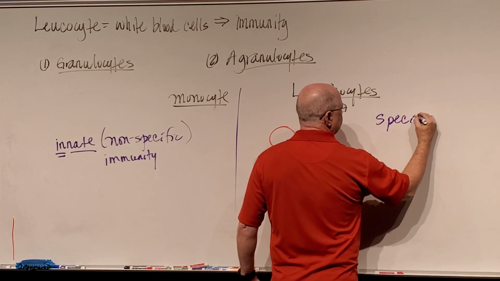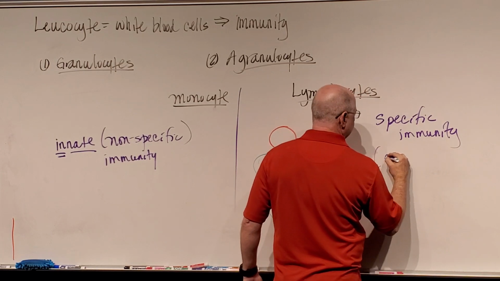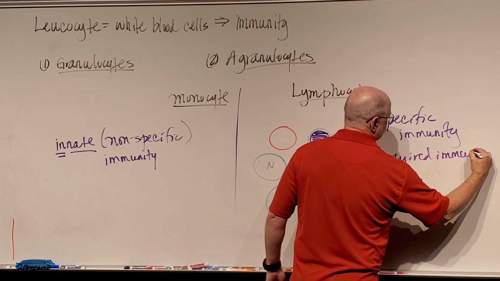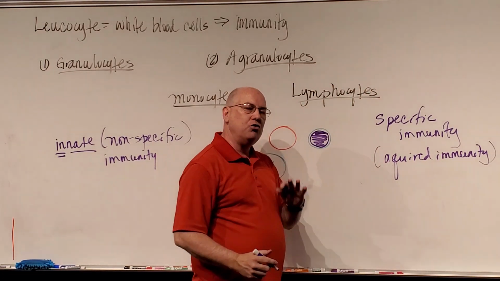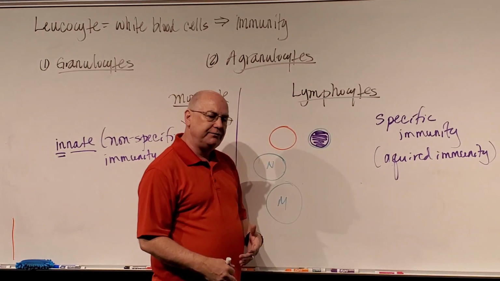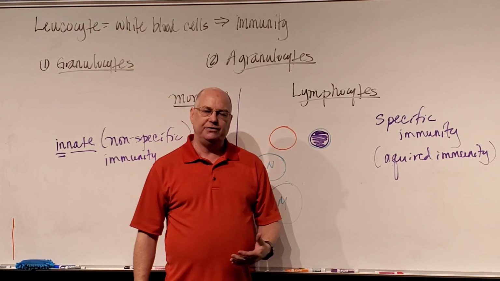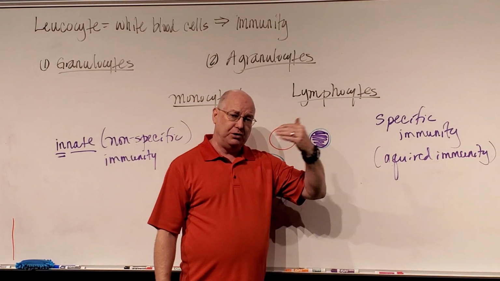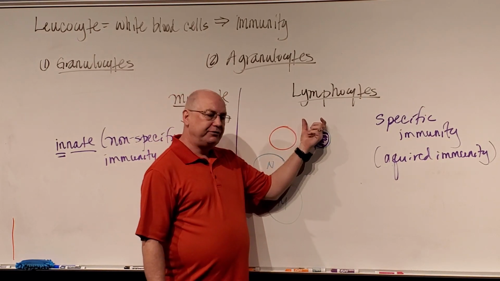specific immunity. Specific immunity is also called acquired immunity. This is immunity that you gain only after you're exposed to the foreign substance. You're born with lymphocytes, but they're not activated, they're not dedicated to fighting infections. They're just cruising around. Now, once you get exposed to a specific antigen, a foreign invader, some lymphocytes can be